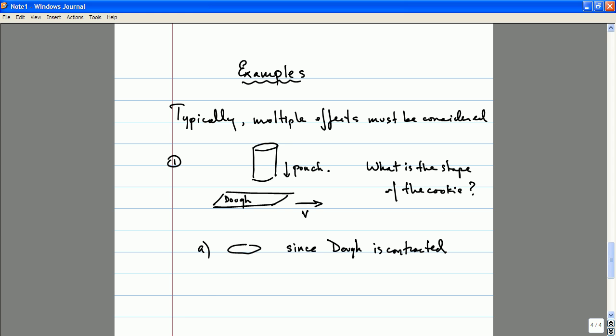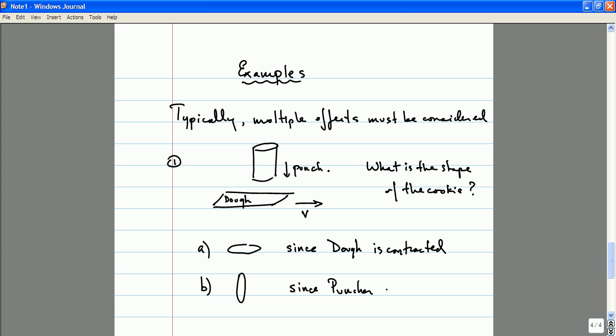Okay. But what about if you think about it from the dough's point of view? From the dough's point of view, this puncher itself is length contracted. And so that means that the cookie should be punched in a shape where the direction parallel to the motion is contracted. Okay, so